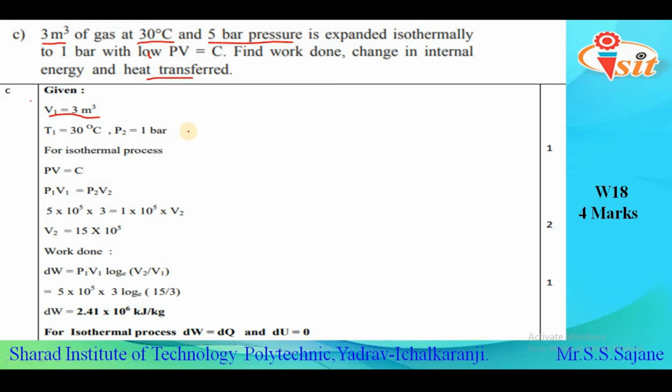And they have also given that the process is an isothermal process. So for isothermal process we know the law as per Boyle's law, which is represented as PV is equal to constant. So by this Boyle's law we can use the formula P1 V1 is equal to P2 V2. As we have both the values of pressure and one value of volume, we can easily calculate the final volume, that is V2. So this V2 is coming out to be equal to 15 meter cube.